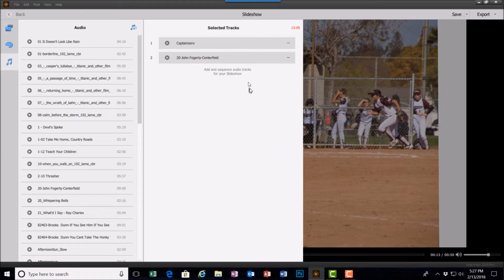There, now it appears second, but I'm going to go up to the top one, click over here, and delete it. That's a minus sign. Now the only background music is John Fogerty's Center Field. Okay, I am done here. I'm going to go back,